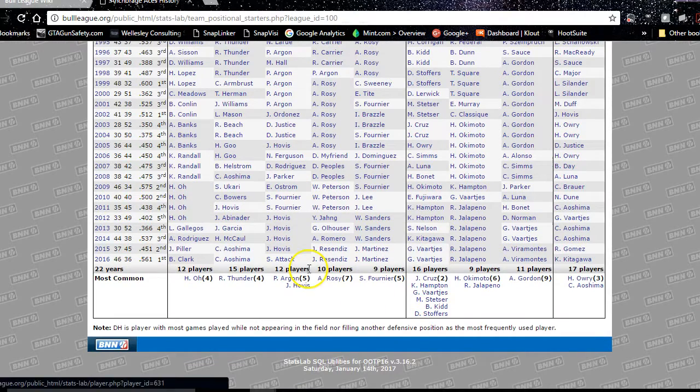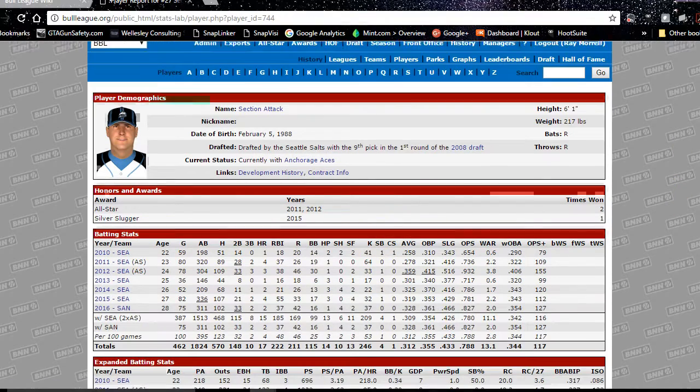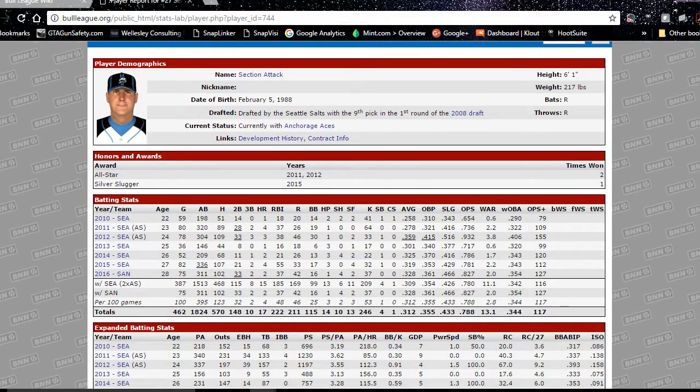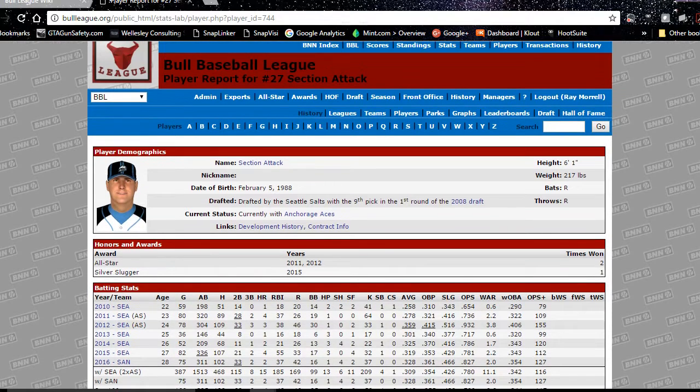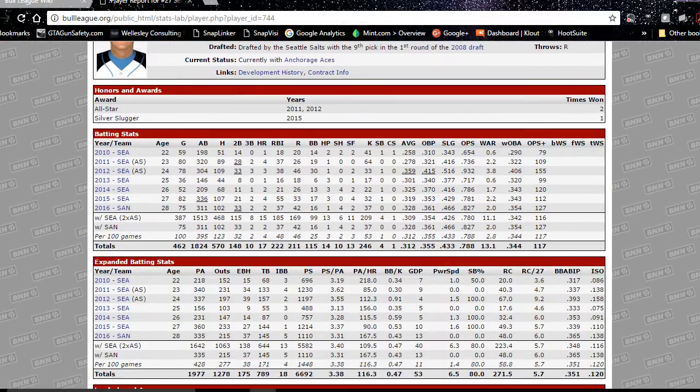I'll pick an active player, Section Attack. He's one of my favorite guys, named after, of course, the infantry term for when you have a section of 8 guys attacking an objective. So here's Section Attack. He's a great player. He's number 27 on the team, and